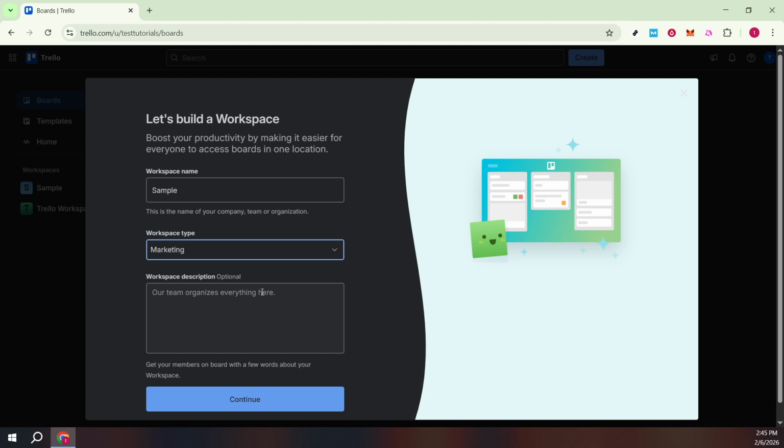This is optional, but it's a great place to set context for teammates. Add a brief sentence about what belongs here, any naming conventions for boards, or links to shared docs. Keeping this concise but clear will cut down on confusion as your organization grows. When everything looks good, click Continue to create the workspace. Trello will finalize it and take you to the new workspace area, where you can start building boards and organizing